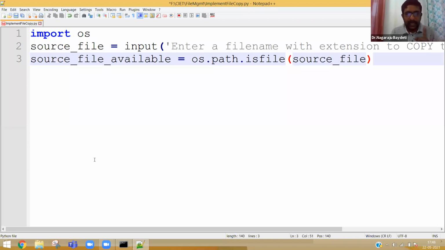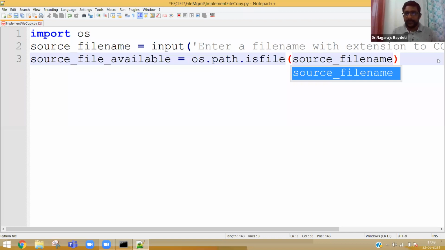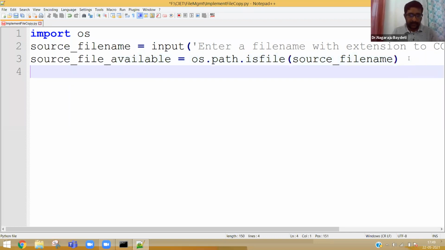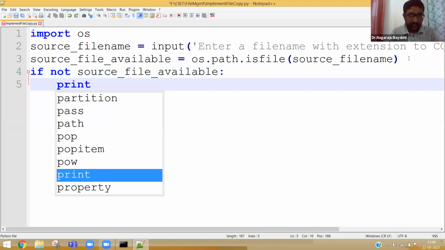Source file is the file name, or you can also say source file name. We are trying to search it. If not source file available, that means if source file is not available, what will you do? Simply exit the program. That's the logic.